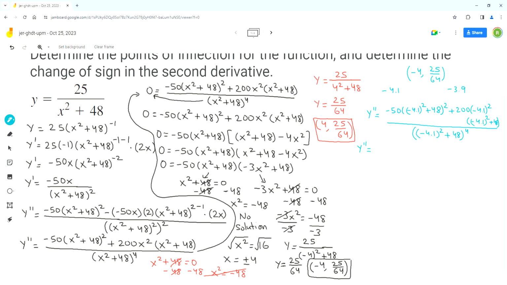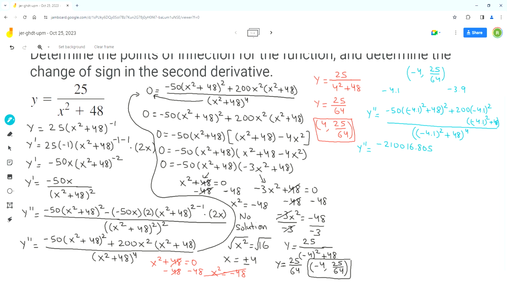So in the numerator, we can first evaluate negative 50 times negative 4.1 squared plus 48 and then squared. So I got negative 210,016.805